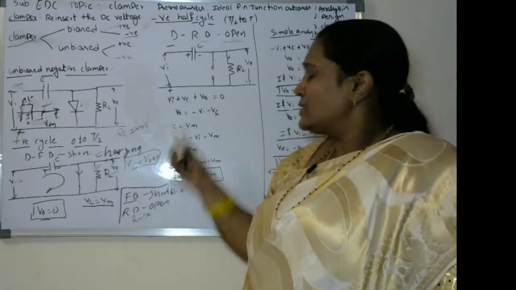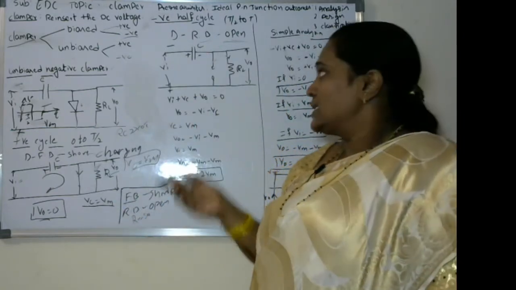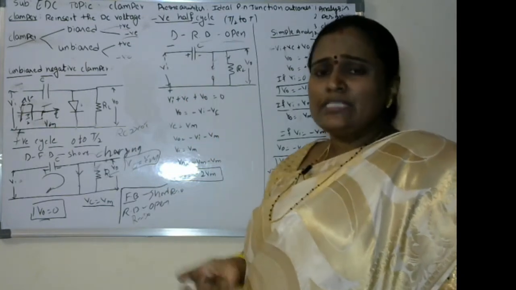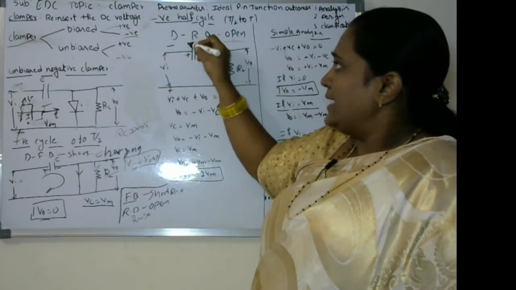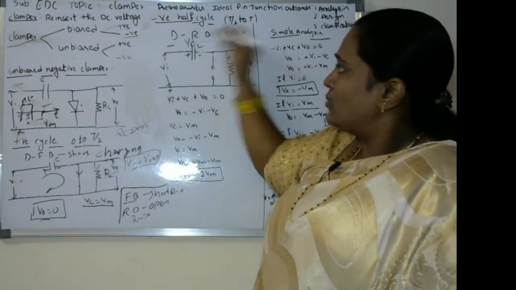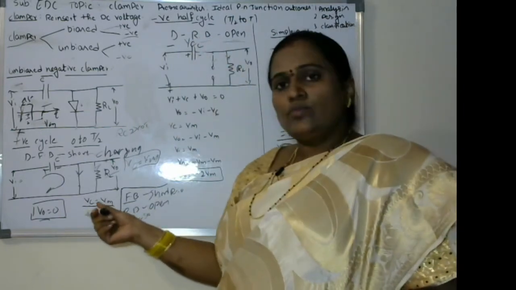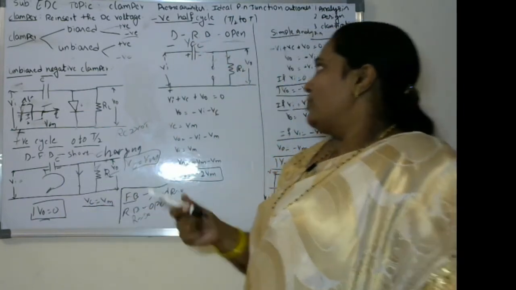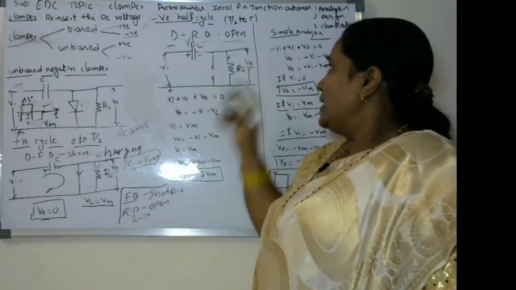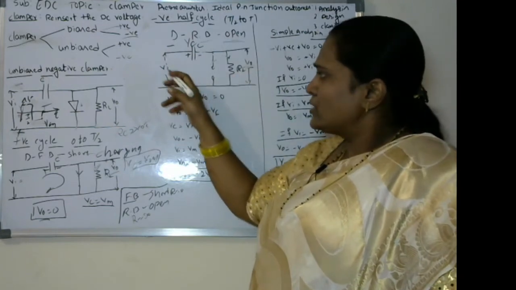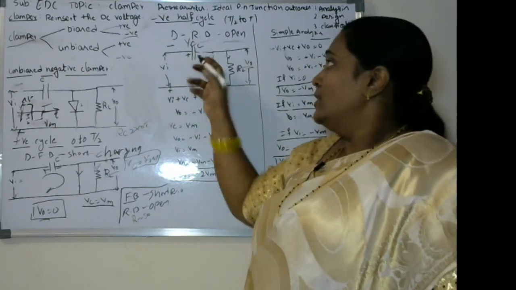The thing here is that the capacitor has already been charged to the peak voltage. So the capacitor has been charged to the peak voltage. In this case, the capacitor voltage VC is assumed to be equal to what it has already charged to, VM. Next we have to go for the analysis: what will be the output when the input goes to the maximum. Till now the capacitor voltage VC is VM only.